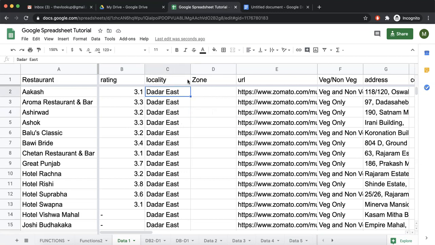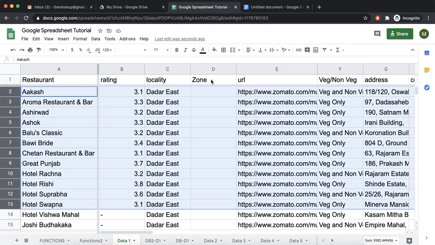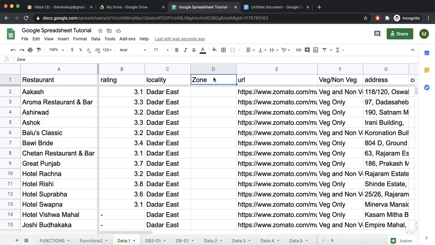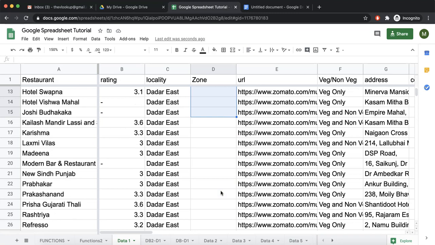So by this, what I meant was, if somehow we are able to write the array formula over here instead of here, then whenever we sort, only these cells would get sorted. Header will not move. Since the header will not move, array formula will not move. Since array formula will not move, whatever be the sorting will always have some values in this cell. I know this is slightly confusing right now.